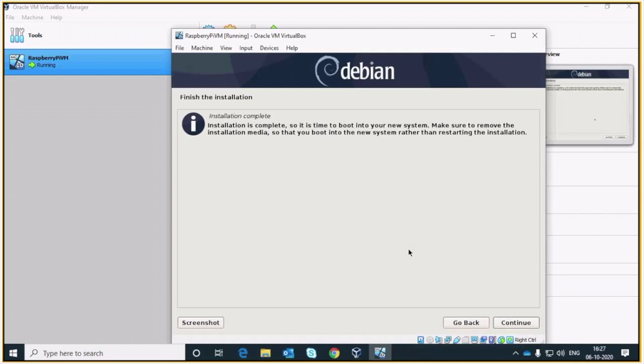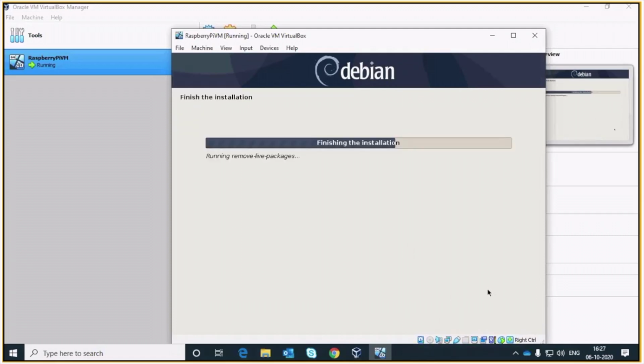So it's time to boot your new system. So we'll say continue. Now it is removing the live packages. So it's cleaning that installation now.